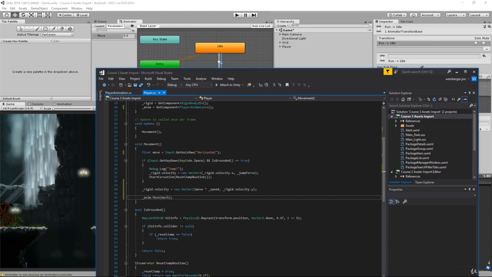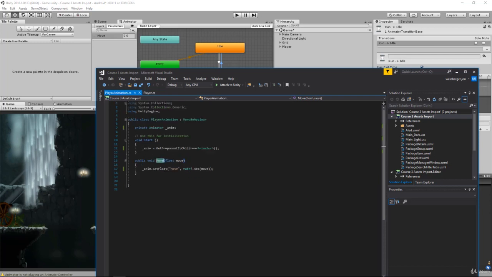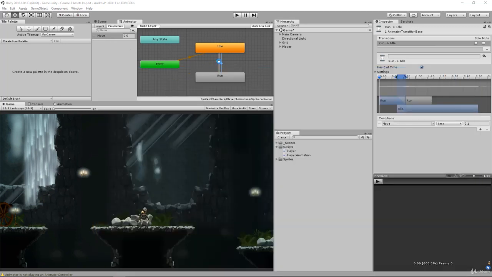So this move variable comes from this guy. If I hit the right arrow key, then it's a value of 1. It's going to send a 1 into this move method. And if we check out that move method, you'll see here that it is then mapped to the move parameter, and it's going to provide that value, which we have transition logic to determine based on that value what it's